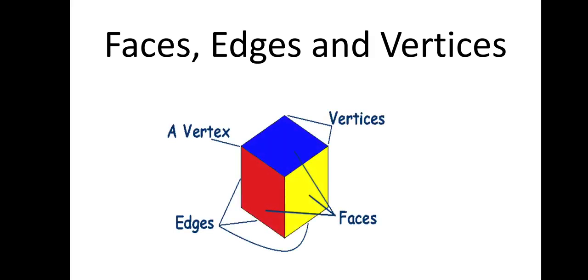We have also studied about faces, edges and vertices. So what are faces, edges and vertices? Faces are basically the flat surfaces of the 3D shapes, and solids have more than one face. Like we have seen that cube and cuboids have 6 faces. And edges, what are edges? Edges, the line segments which act as an interface between two faces, is called an edge.